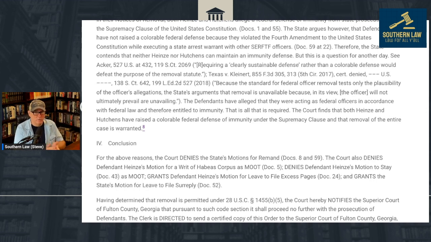So that would be the strategy for the defendants here. Get it out of the local court because this is supposed to be a federal matter, and then have a federal judge test whether this immunity defense applies or not. So there may be other things that happen in the case, but this is a significant one. And so now at least we know what the rules are to get it up there, and then what they're trying to do if they do get it up there.